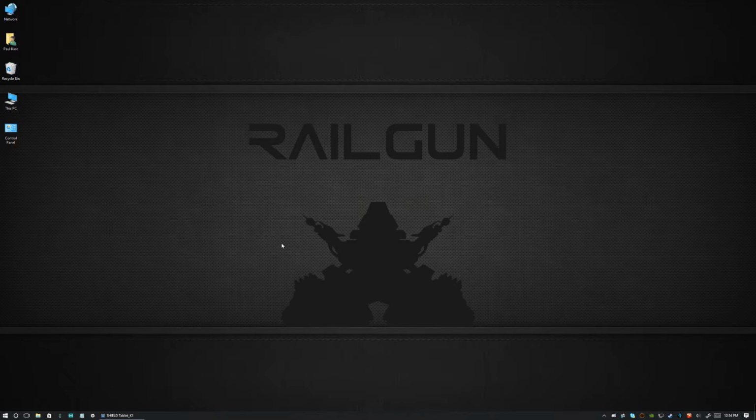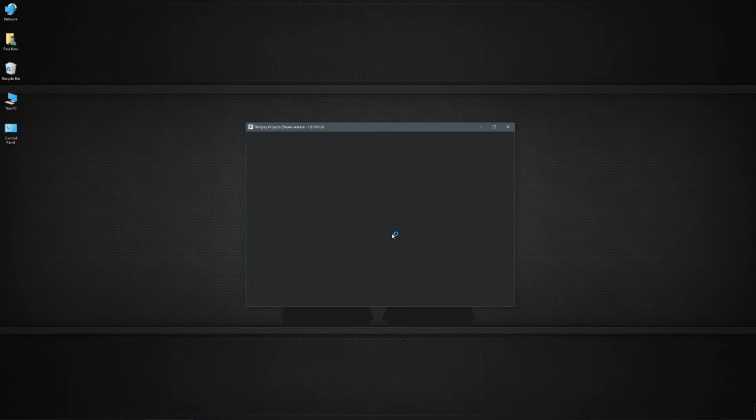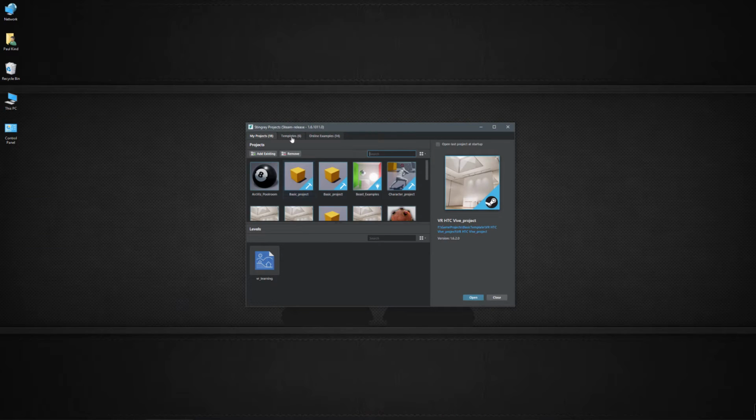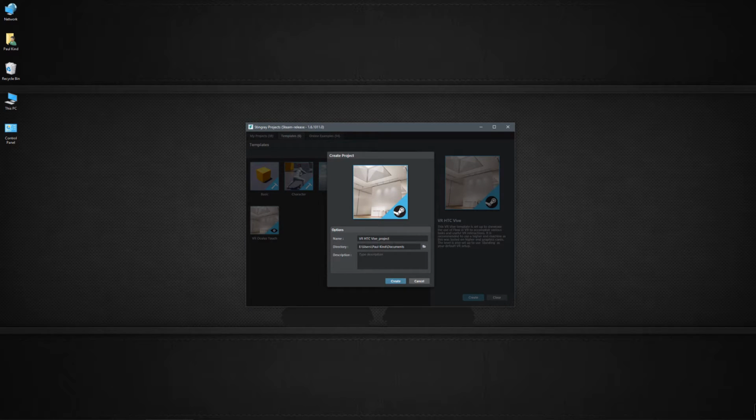Okay, so the first thing we're going to do is launch Stingray. All right, so let's go ahead and launch Stingray and get started. So once Stingray starts, what we're going to want to do is use one of the templates. Let's go ahead and grab the template, and I'm going to use the HTC Vive, but again, if you were using the Oculus, you're going to want to grab the Oculus because it won't have the right flow nodes. Okay, so I'm going to grab the HTC Vive because that's the setup that I have, and I'm going to go create. And I'm just going to go ahead and put this on my desktop, so I'm going to call this HTC Vive using Xbox